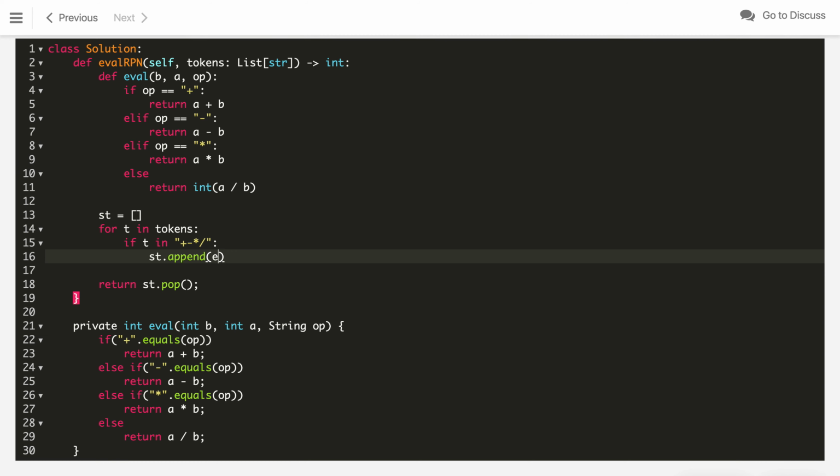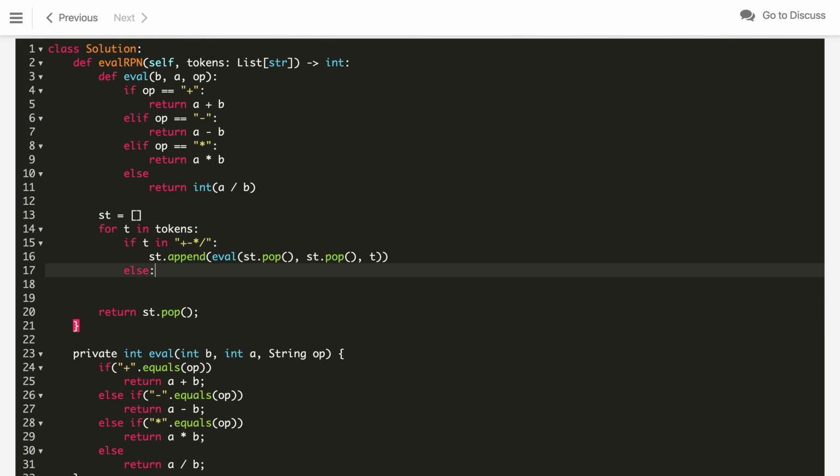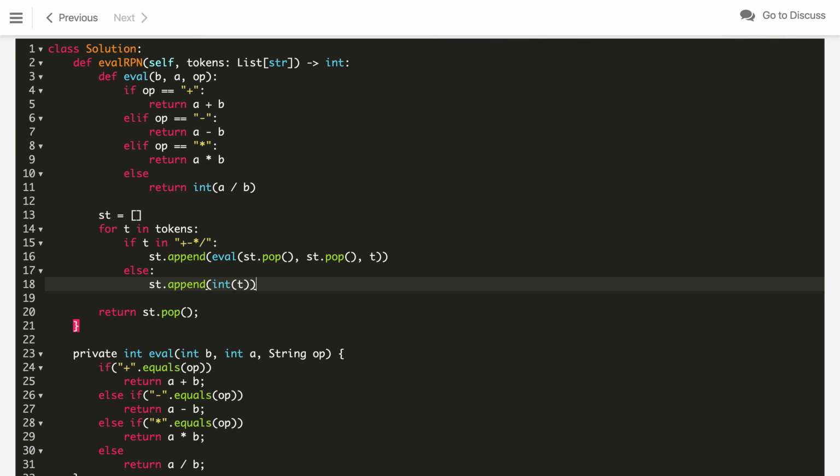So this will be, we call the eval method, and st dot pop and pass the token t. It is done. Then in the else case we just do st dot append of the integer value of the current string t. So that's it.